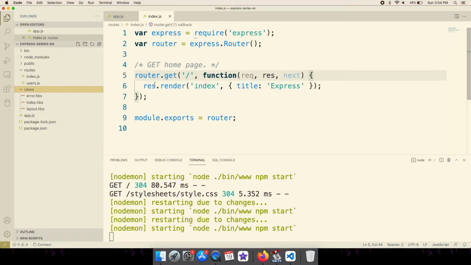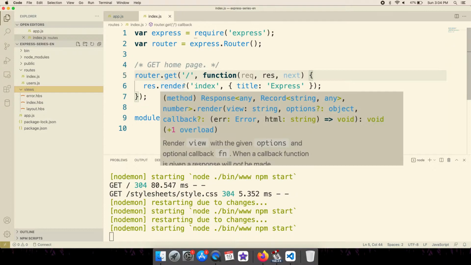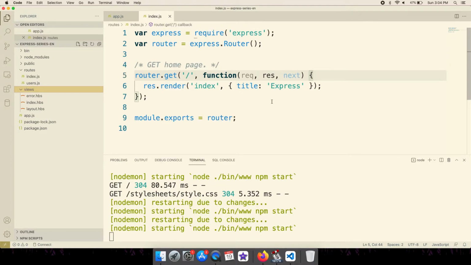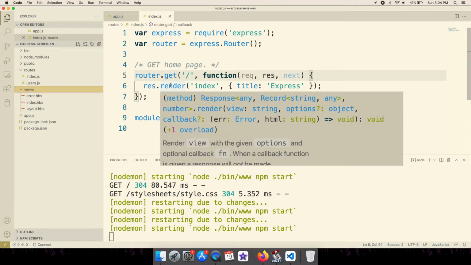In the routes index file, you can see the root slash, we are passing some values here. You can see res.render, which is a function used to render an HTML file.